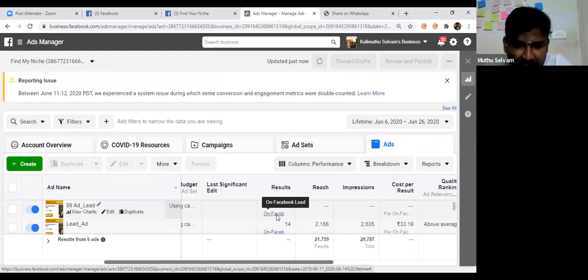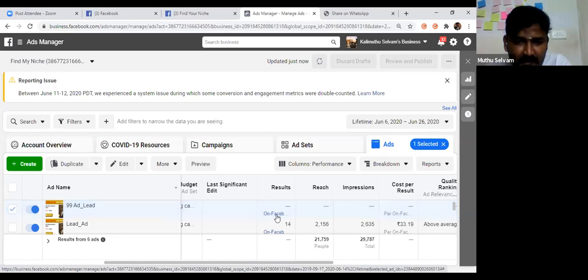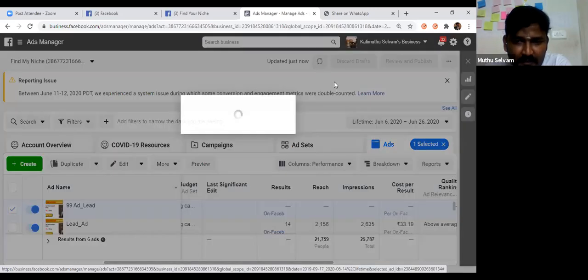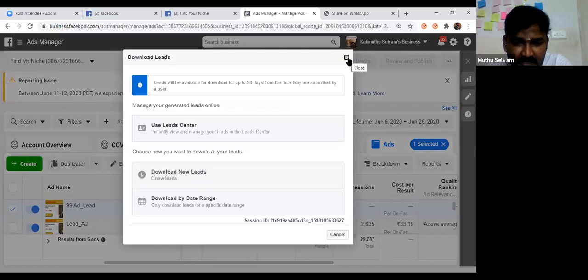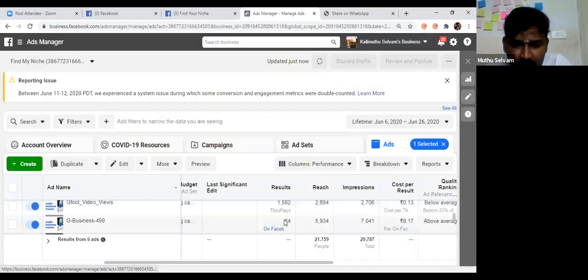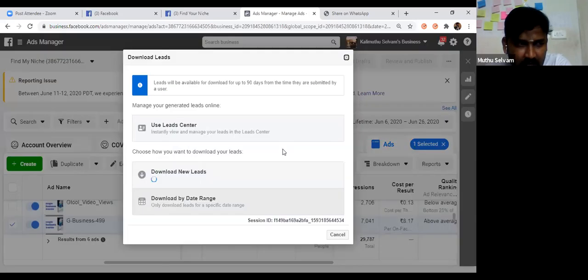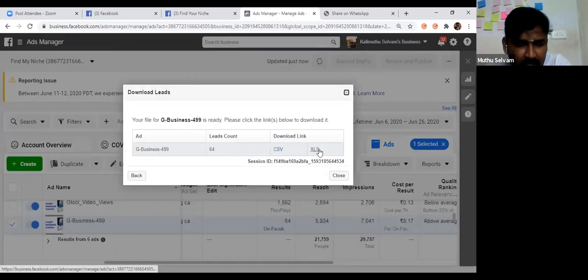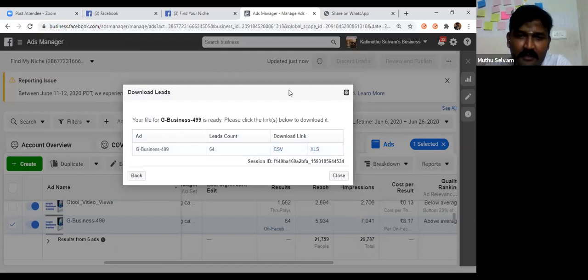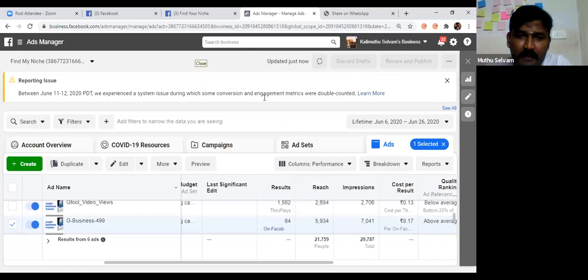If you click it, it will ask whether you want to download as Excel or CSV. When I click it, all the leads will open in Excel.